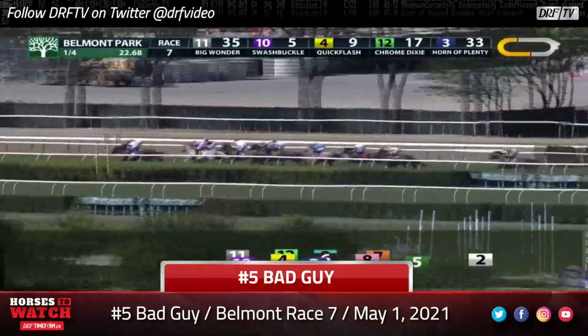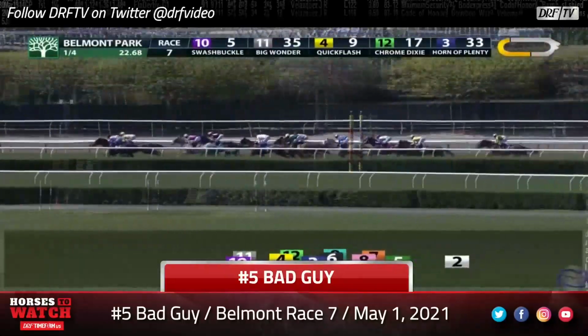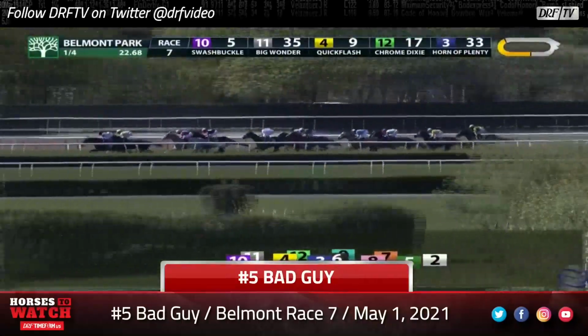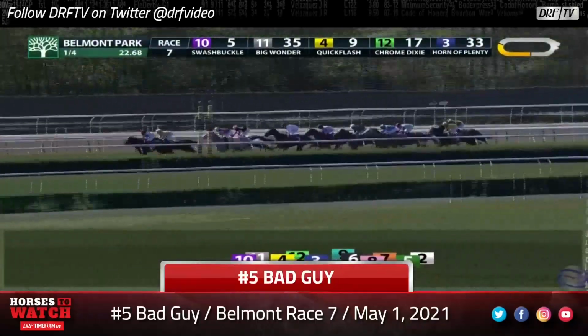Just feels like maybe he didn't get the shot to achieve the highest placing that he could have in this race, because as the race develops on the backstretch, he's in his usual position in about 10th place towards the back of the pack, and towards the front end is the number 10 Swashbuckle, and it should be noted, Swashbuckle is going to wire this field and lead them all the way on the lead,